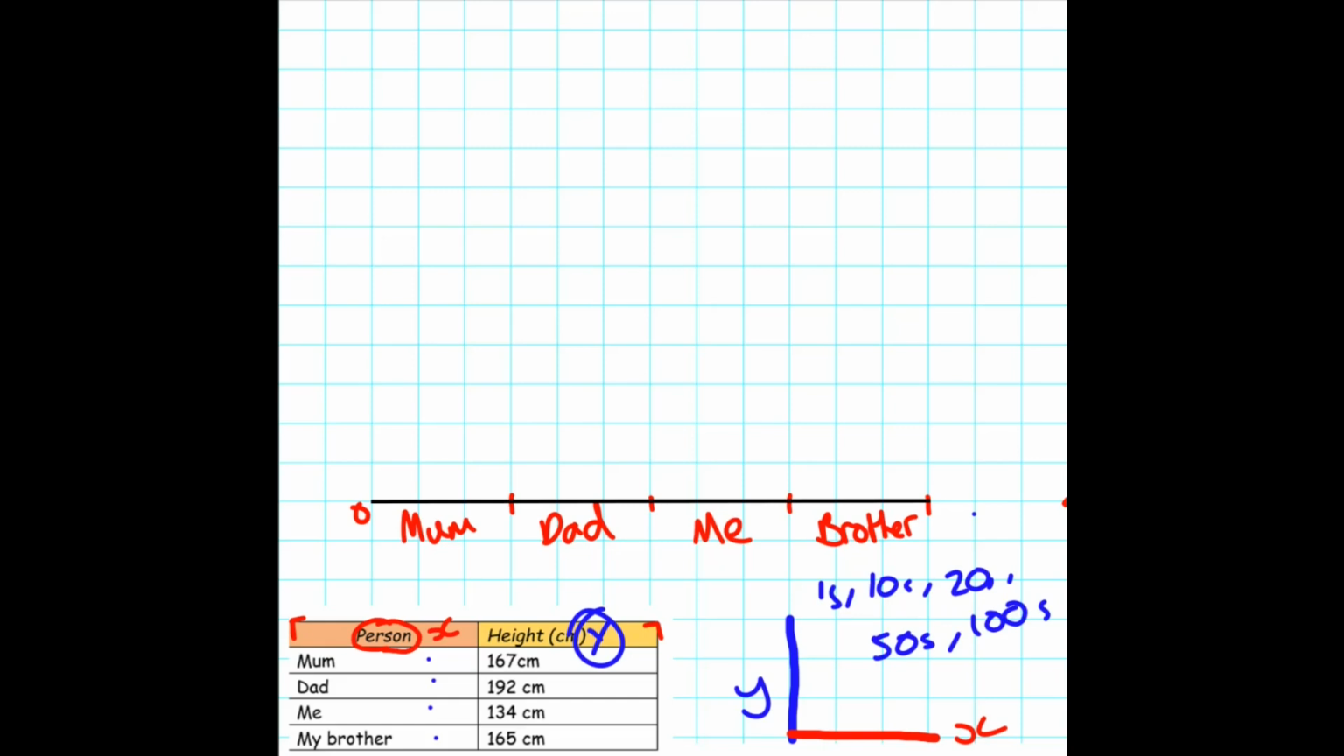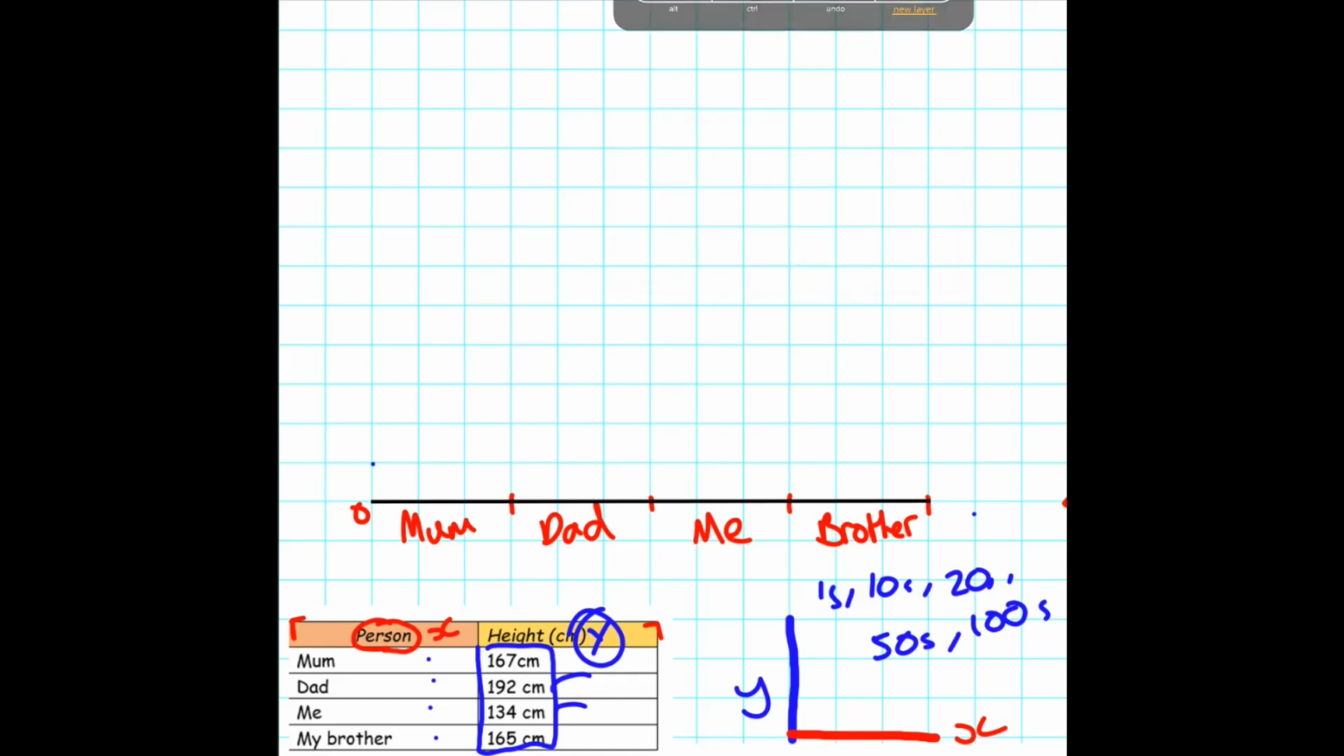Looking at my data is the important thing. So I can see the numbers on this side. The smallest number is 134, and the largest number is 192. If I decided that my intervals were going to be,